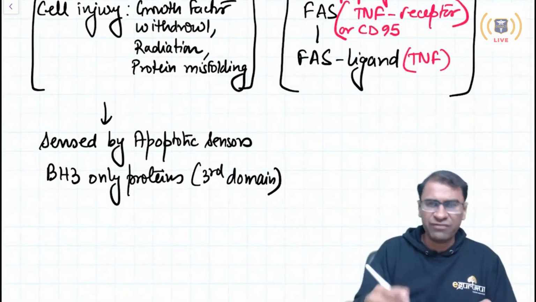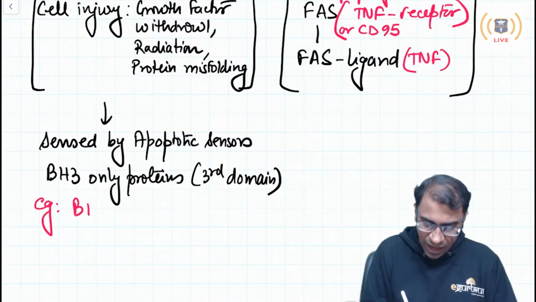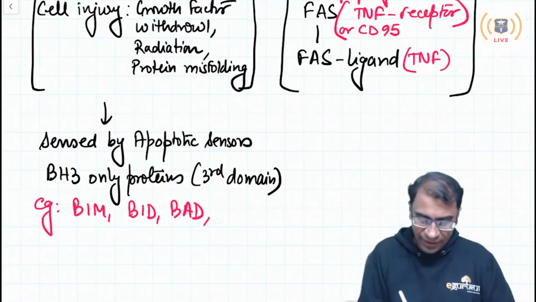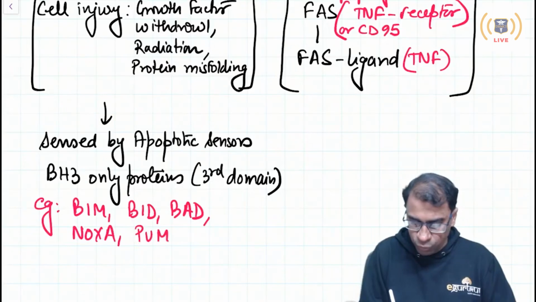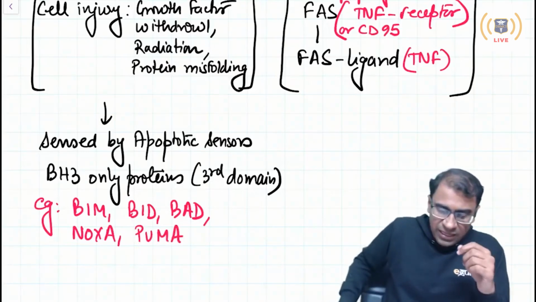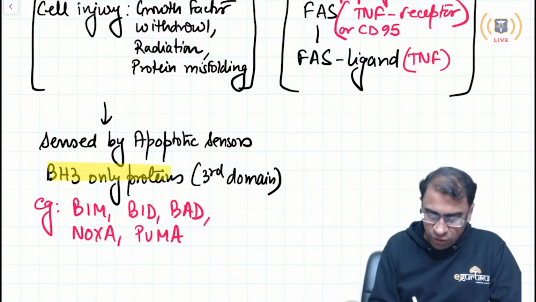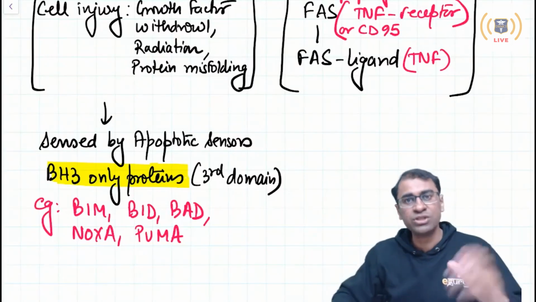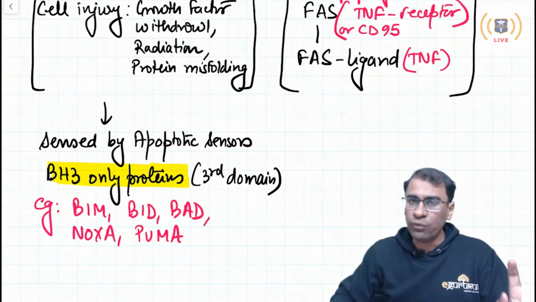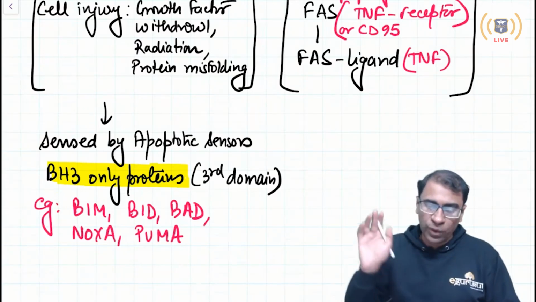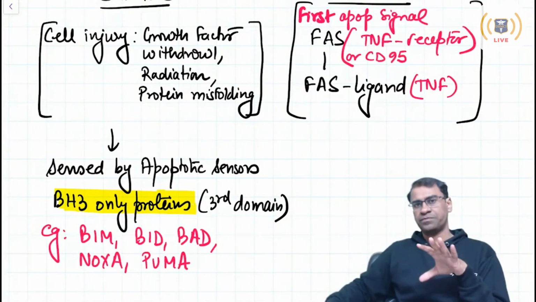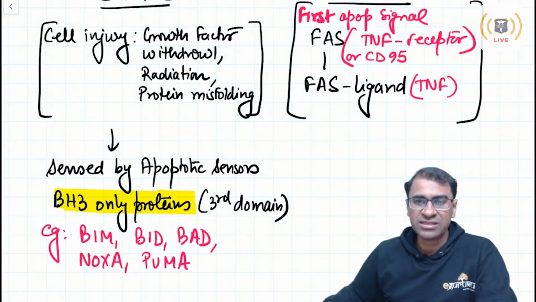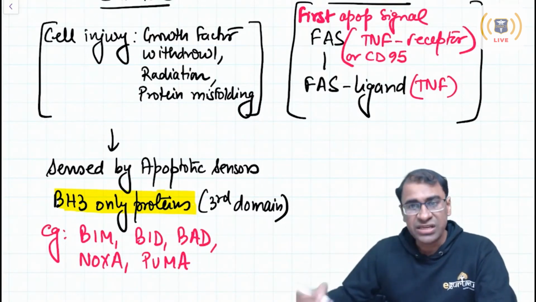Examples of the proteins have very funny names: BIM, BID, BAD, Noxa and Puma. These are examples of the BH3 only proteins. Now, what these proteins do is sense whether the injury is severe or not. If they sense that the injury is severe,